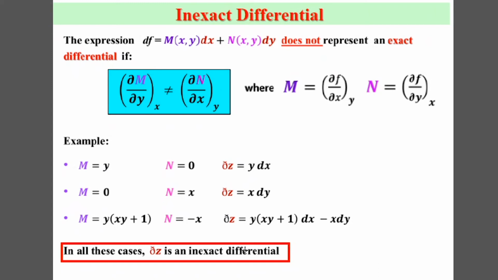These are examples of non-exact. If you differentiate m with respect to y, what do you get? 1. N you cannot differentiate with respect to x, it's already 0. So one is 1 and the other is 0. So here the double differentials are not equal. So these are examples of non-perfect